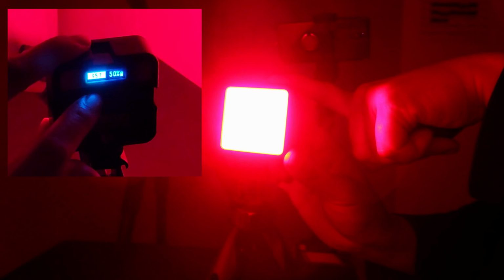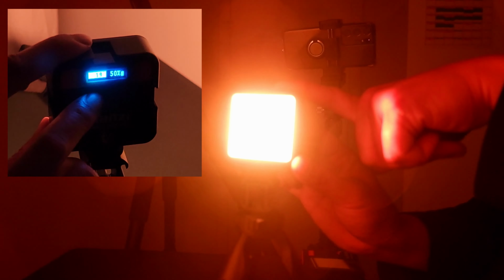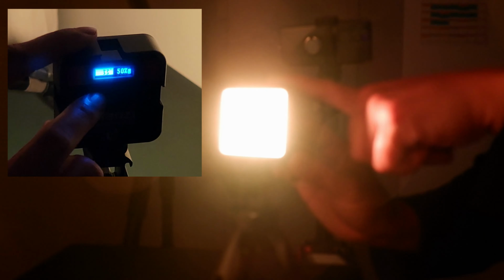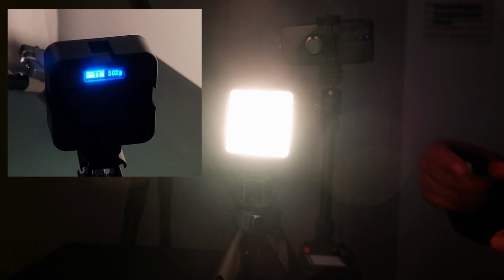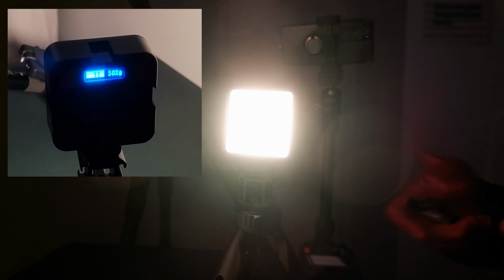But I love the fact that this, again, just has so many options, 360 different colors. And I love the saturation. I did some testing with this earlier, just looking at different products, taking pictures, playing around with it, and I love how it saturates its subject matter. It envelops it so well,